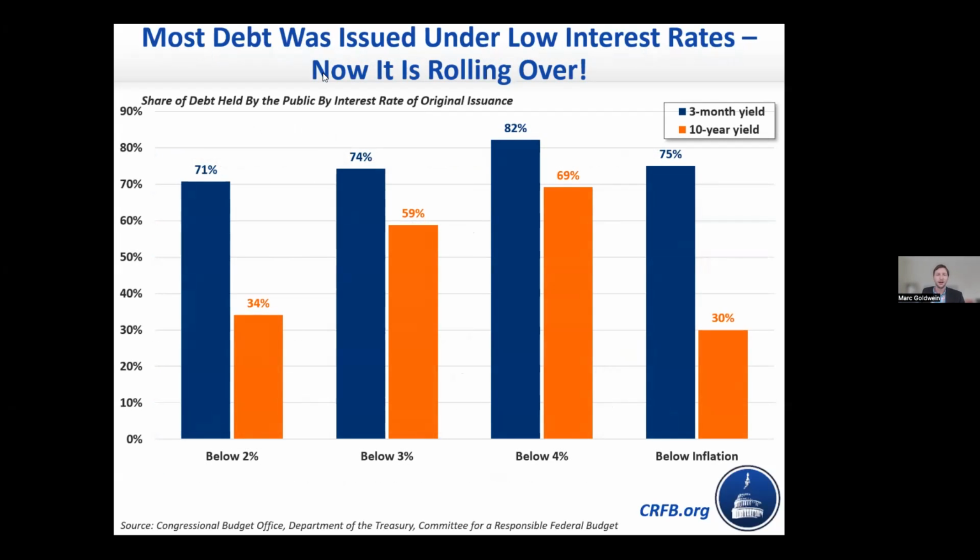I think people took advantage and made some silly choices. There was a lot of talk that when interest rates were low, borrowing was free. You know, it was never free, but there's a lot of people that felt like it was free, borrow as much as you want. And so 70 to 80% of the debt we have today was borrowed when interest rates were below 4%, 60 to 75% when they were below 3%. A substantial amount of the debt we issued was when interest rates were below inflation.